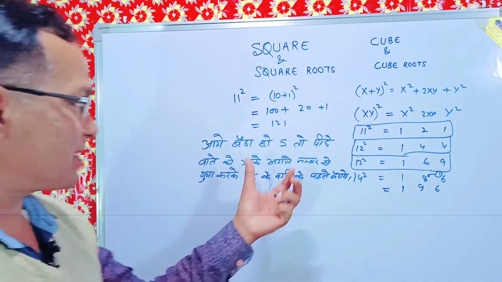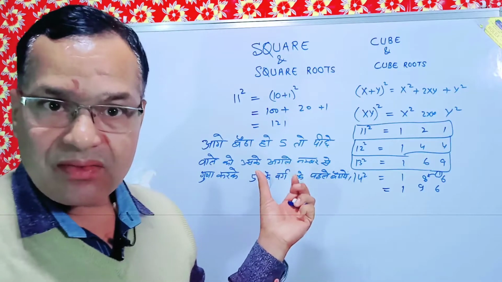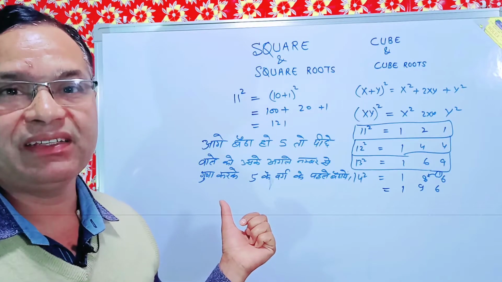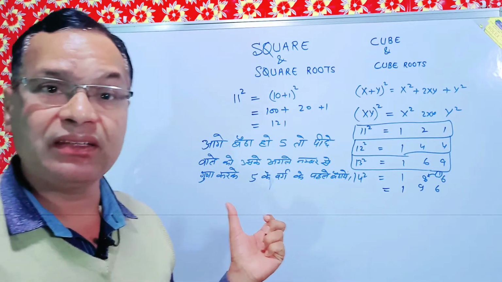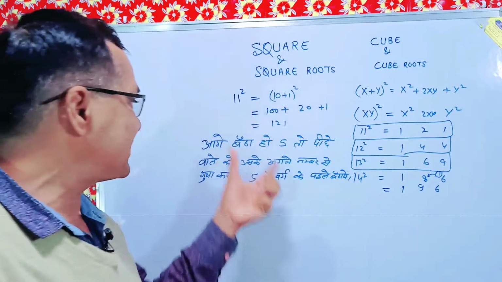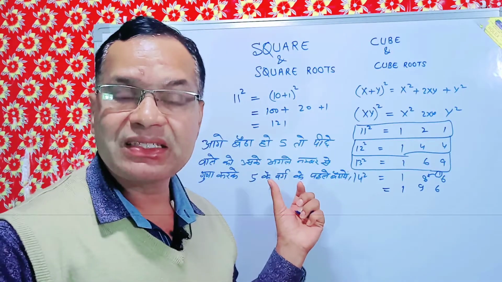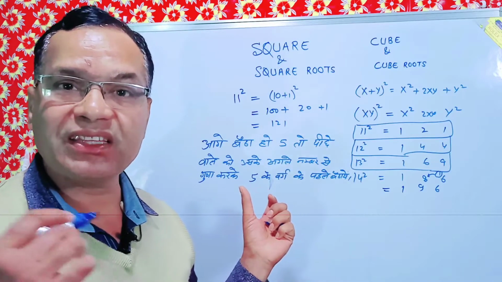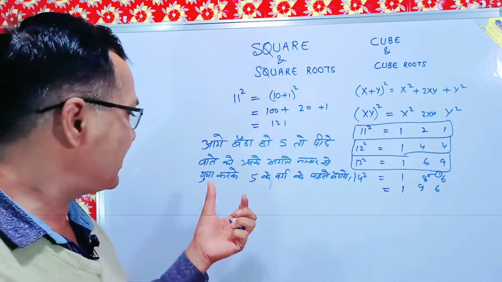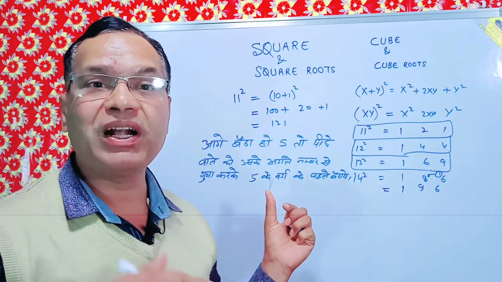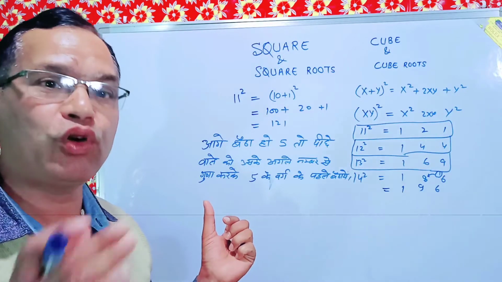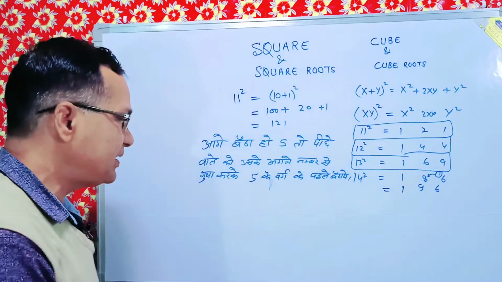If 5 is in the front position and some other number is behind, in that way if we are going to find out the square, then what is being said here? It is said here that you take the square of 5, that is 5 5s are 25 in the front, and the number which is behind, you multiply that number to its next number and place it before 25. So let us see here.